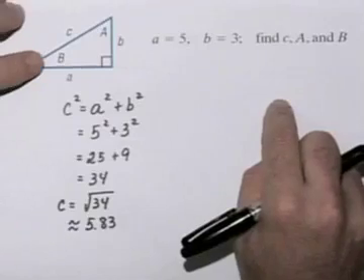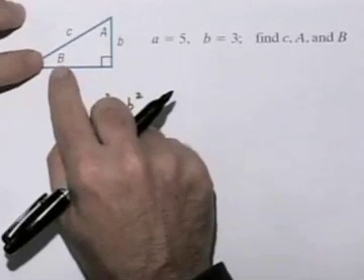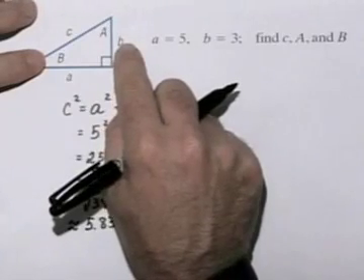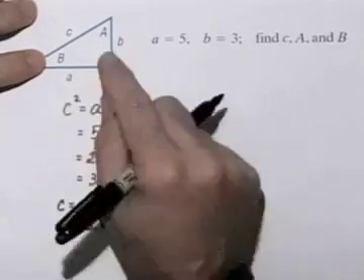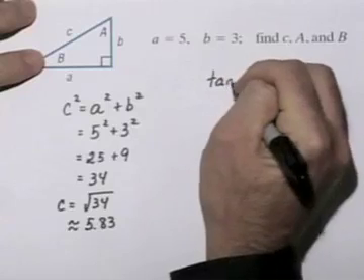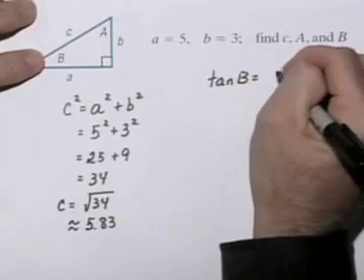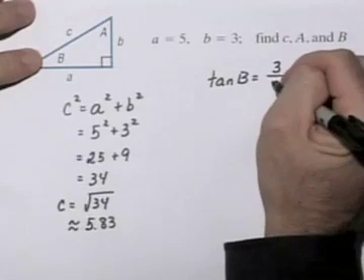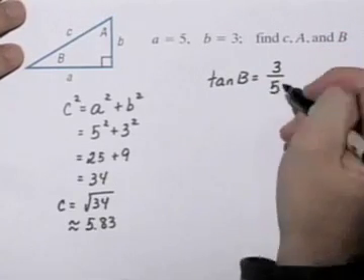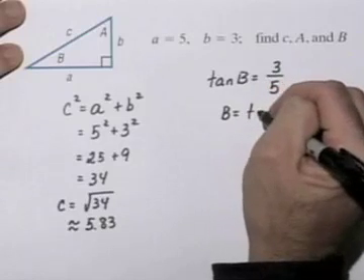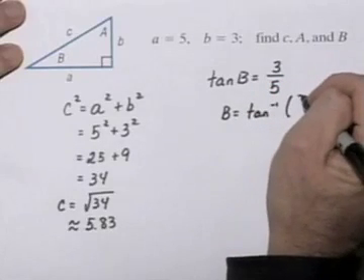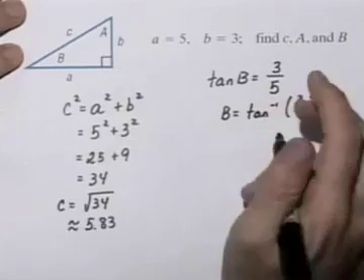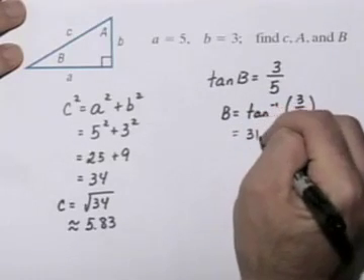To do this, I'm going to use the fact that the tangent of the angle B is going to equal the length of the opposite side divided by its adjacent. In other words, the tangent of the angle B is equal to the length B, 3, divided by the length A, 5. Or B is the inverse tangent of 3/5. Evaluate this using our calculator, and we get that B is